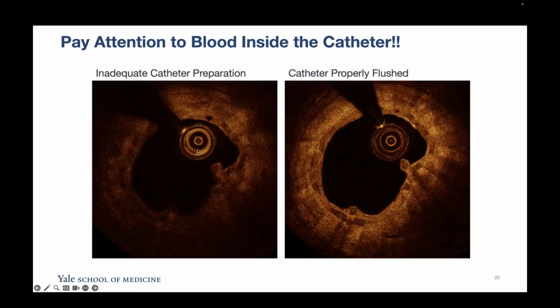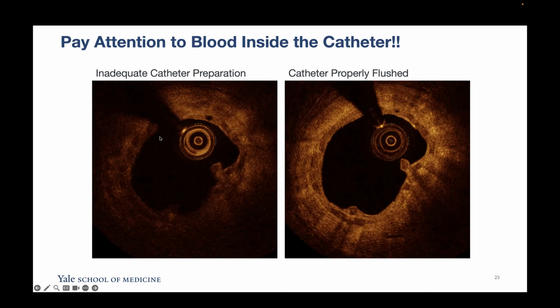Another thing that I always like to stress is that the Abbott system needs catheter preparation. This will be eliminated with the spectral wave, but we need to flush and make sure that the core here is filled with blood. So this is a case that I usually like to show. Again, from the bioresorbable scaffold era, we were involved in many research projects at the time, and these patients were coming back for follow-up angios